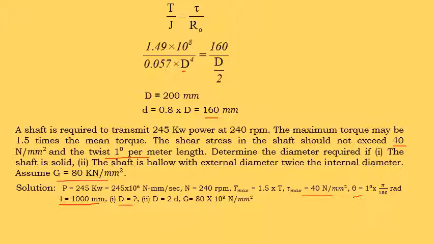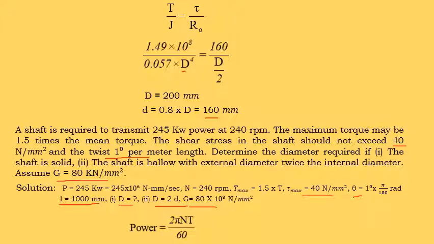Next, we have to find the diameter by considering it as a solid shaft, and we have to find the diameter of inner and outer of hollow shaft. This is given, that is modulus of rigidity, G is equals to 80 into 10 power 3 Newton per millimeter square. So to solve this problem, first I am going to use the power equation,